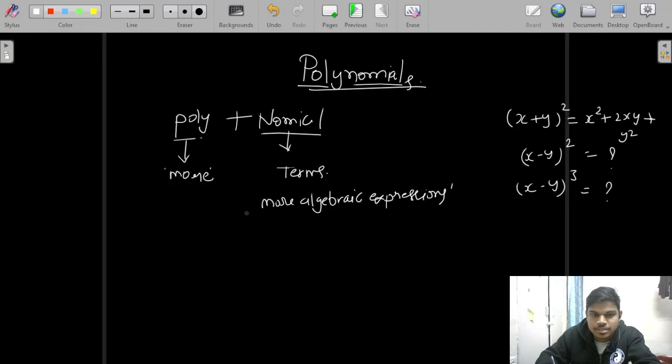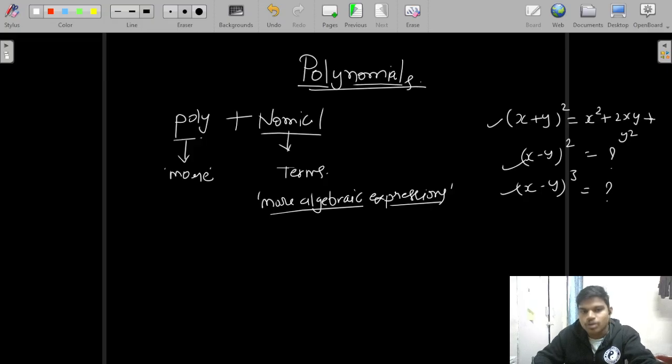Algebraic expressions means you already studied these kinds of algebraic expressions, some factorization. If I talk about the factorization of any number like 6, you can just say 2 into 3. If I take any special type of algebraic expression that has two terms,